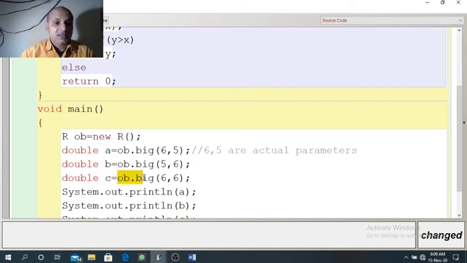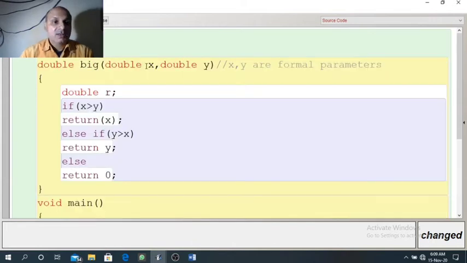Third statement, when we are passing the same number, 6 and 6, both arguments are the same. X is also 6, Y is also 6, because they are receiving a copy of the actual parameters. So in this case, the first two ifs fail, so the last else will run, and the return value will be 0.